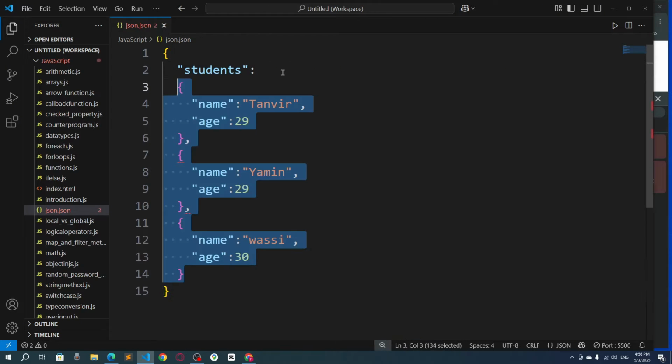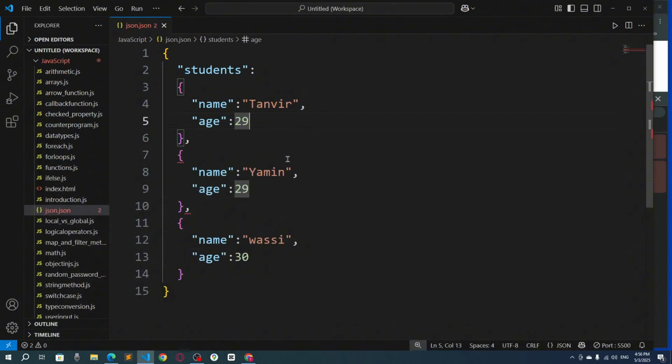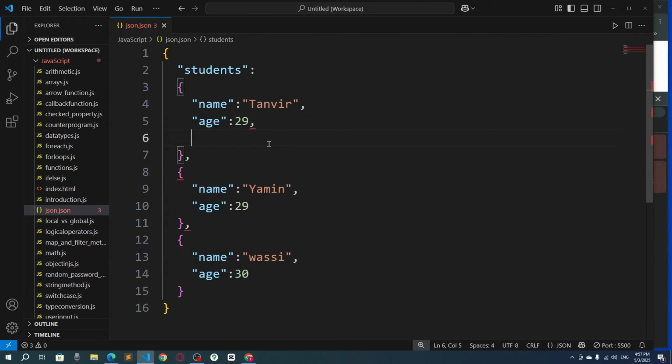Okay, let me show you some other example. Let's say I want to show the subject also. So what can I say? I'll say here comma, then I will go for the subject. So I need a key, right? Subject key, and here I'm going to say colon. Now I need an array, right? So what can I say? Like this,